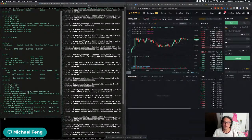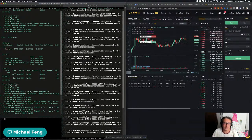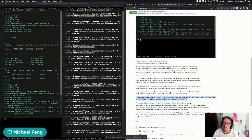So the algorithm here is not just a simple setting of spreads, but it's using these indicators and adjusting the spreads in response to the indicators. As a user, my recommendation is that if you're going to use a strategy, you really understand both how market making works and how this root indicator works, and then try to play around with the definitions and oscillator values